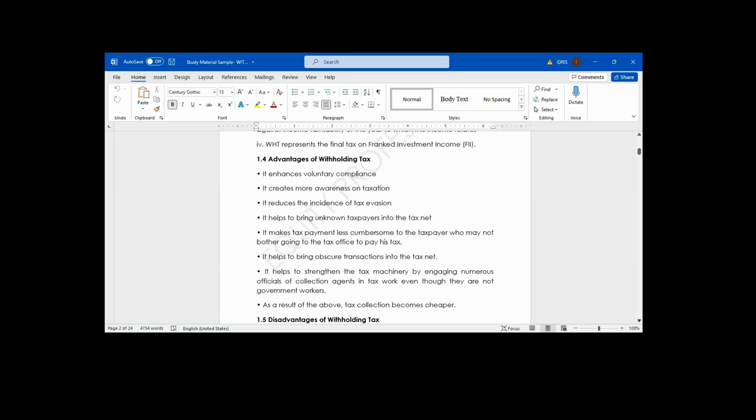Let me explain how it works. If I render professional service to you, you want to pay me for that service, you want to pay me a professional fee. The law makes it mandatory for you to deduct withholding tax on my income. If you don't deduct withholding tax, you will be sanctioned. Nothing concerning FIRS with me. Nothing concerning LIRS with me. It's you that pay me. FIRS or the State Board of Internal Revenue will hold you responsible. So it is compulsory for you to deduct that withholding tax before you pay me the net balance.